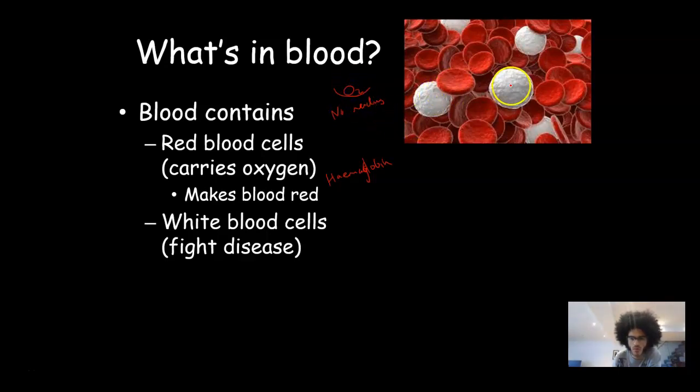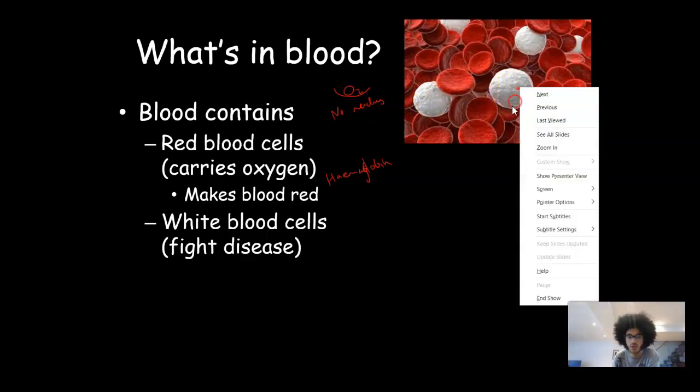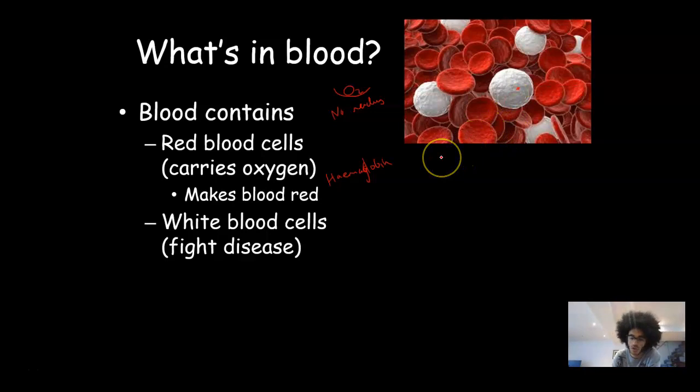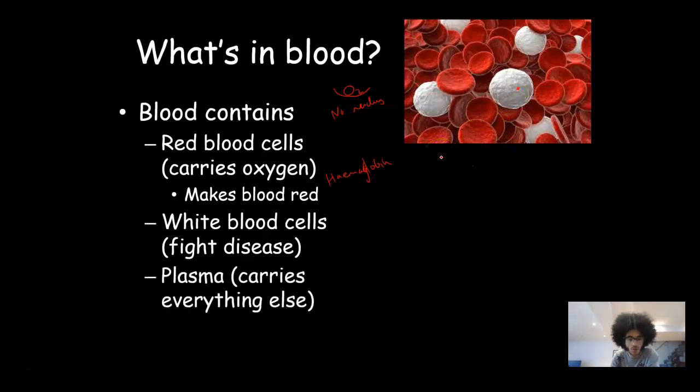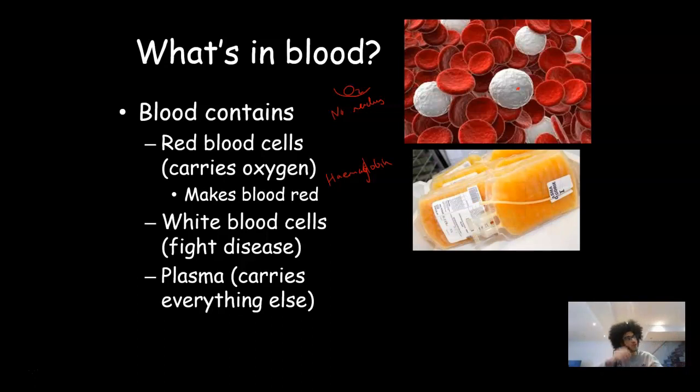Now, they're quite small in relation to white blood cells. Interestingly, white blood cells do have a nucleus. That's the difference between them. So those are the two things inside blood. You've also got a liquid called plasma. Now, plasma is basically the liquid that carries everything inside it. Okay, and if you were to take out red blood cells and white blood cells and anything else inside blood,